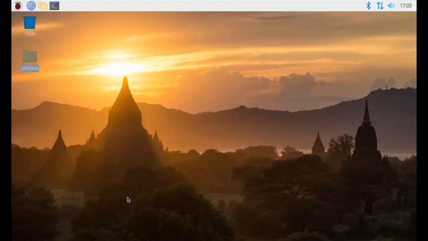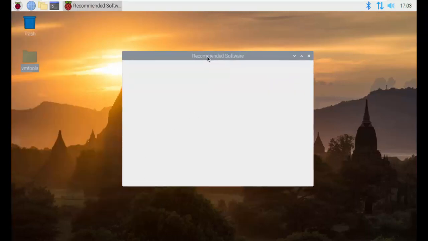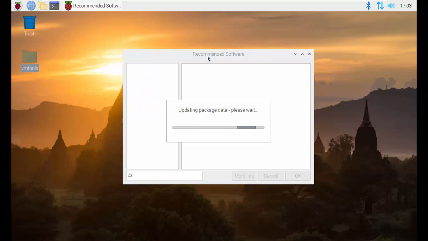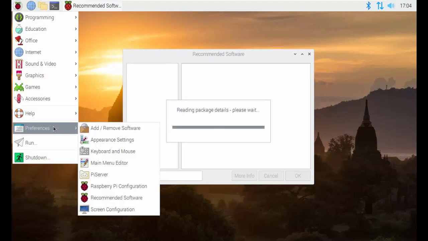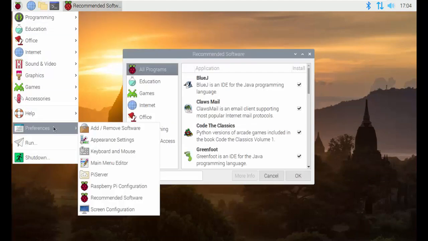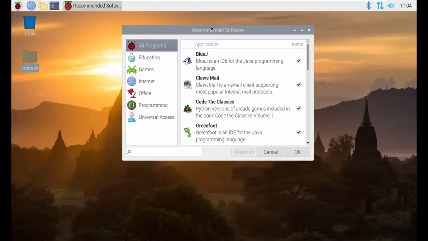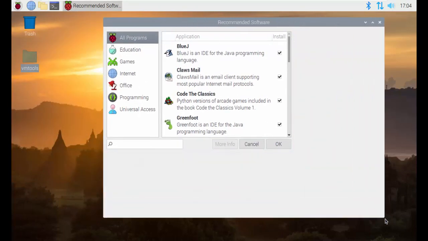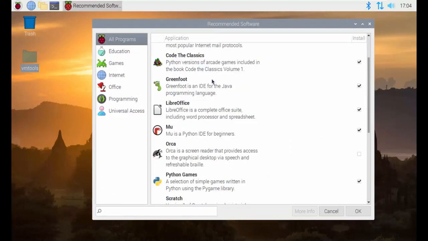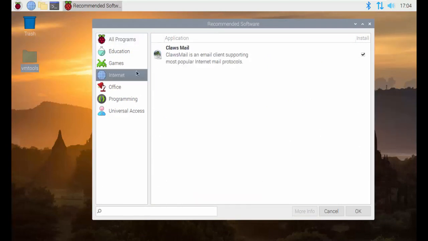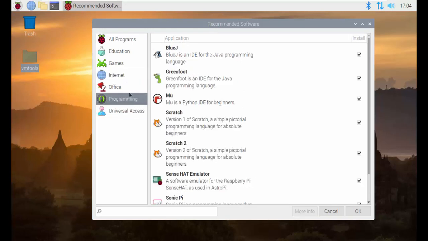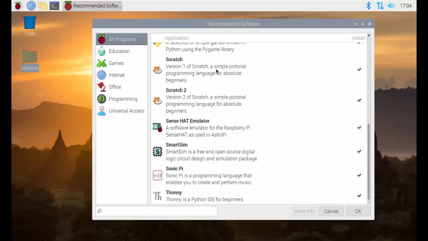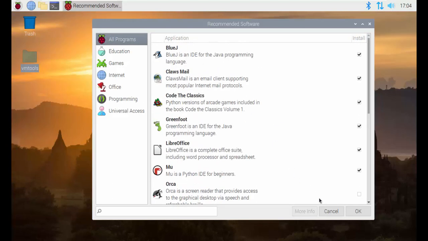So with that, then you have the recommended software. And this is pretty much the Linux software package manager that you can go ahead and in here and start downloading anything you want. But this is only what's recommended. There is plenty more other things you can keep downloading directly from it. Also, because we didn't actually do the update,